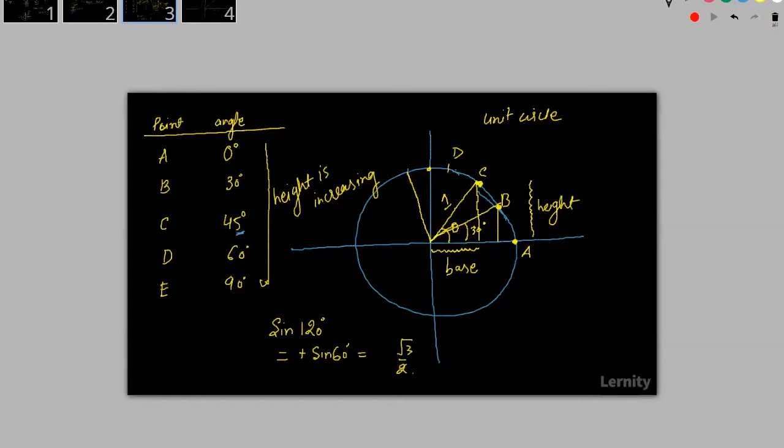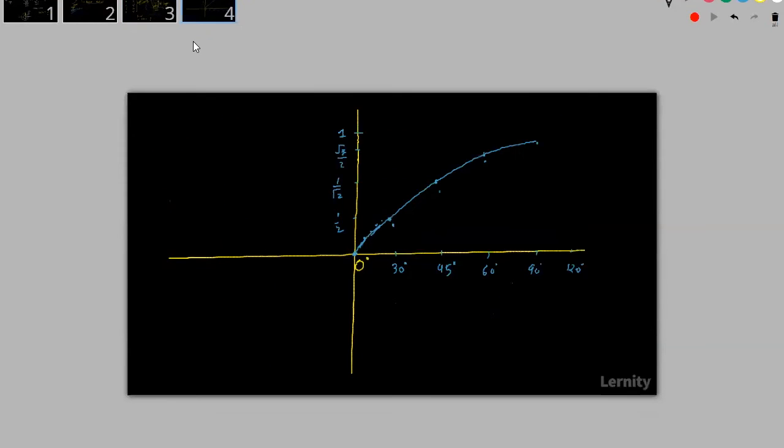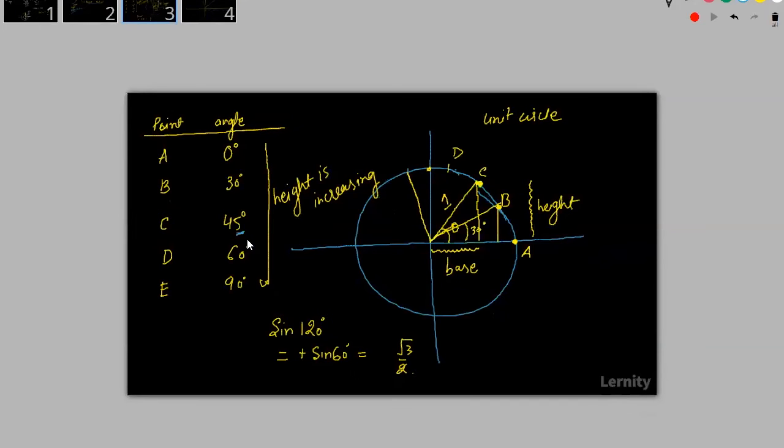So if this is nothing but root 3 by 2, that means I can write sine 120 as root 3 by 2. So whatever value we had at 60, we will have the same value for sine 120, right? Now, what value will we have for sine of